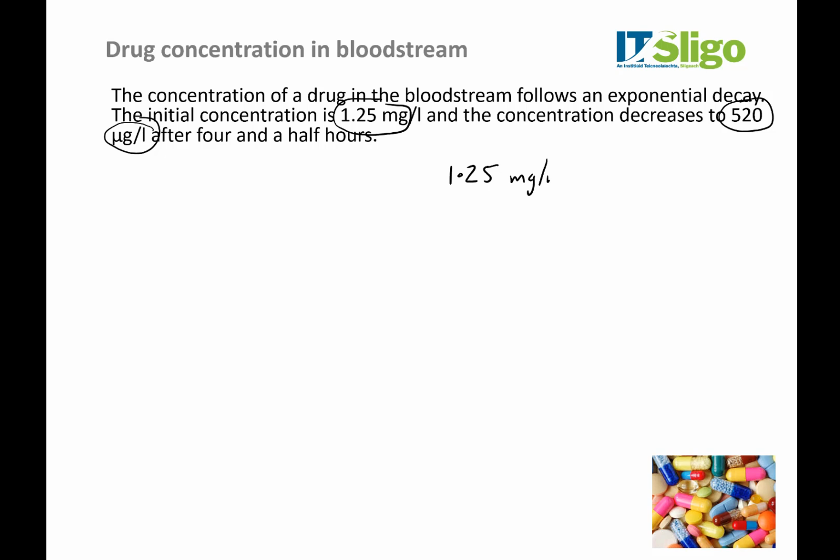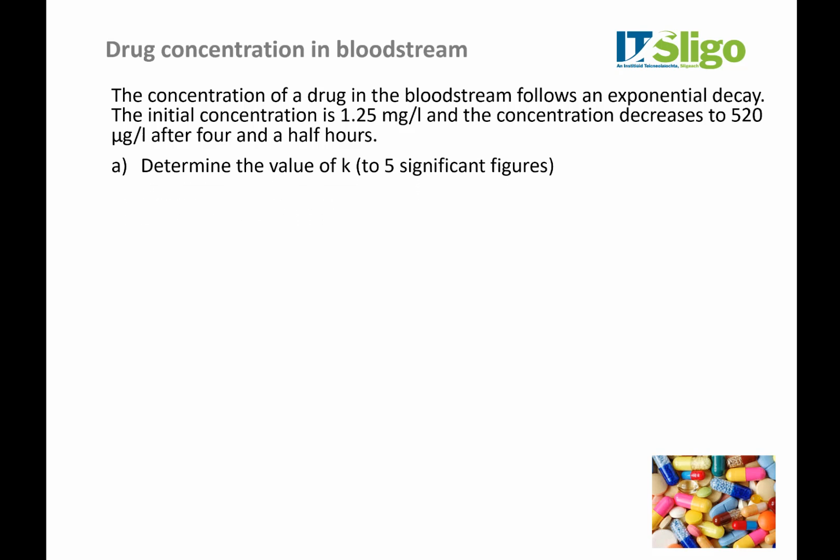125 milligrams per liter into micrograms will give us 1250 micrograms per liter, because there's 1,000 micrograms in a milligram. So that'll be one of our first things you need to be aware of. Watch your units very carefully. Now we have an initial condition, we have a new condition, 520 micrograms, and we have a time period. So we have enough information now to determine the value of K. Once we've determined K to 5 significant figures,